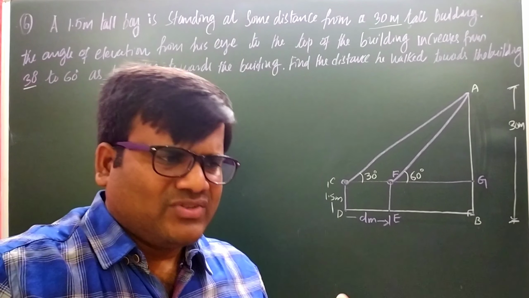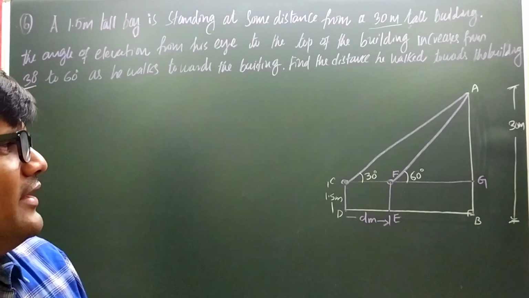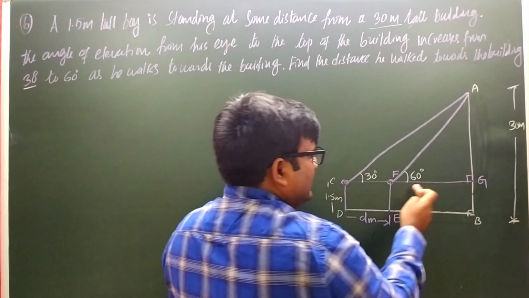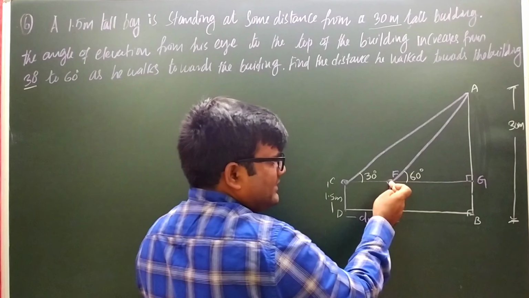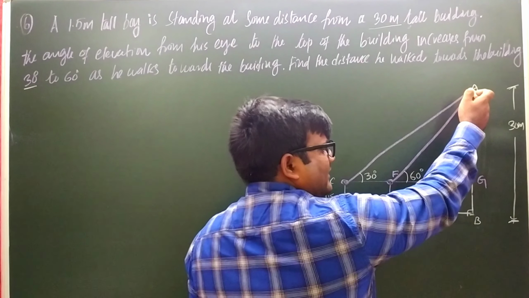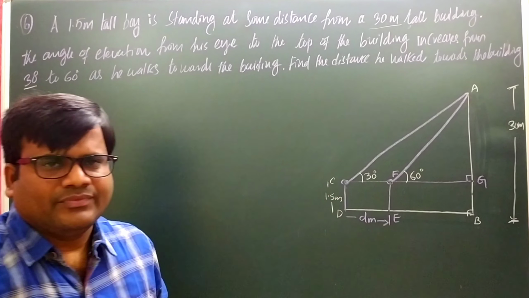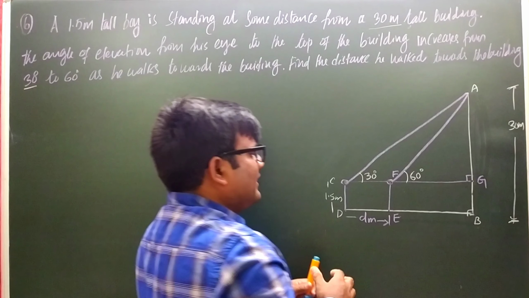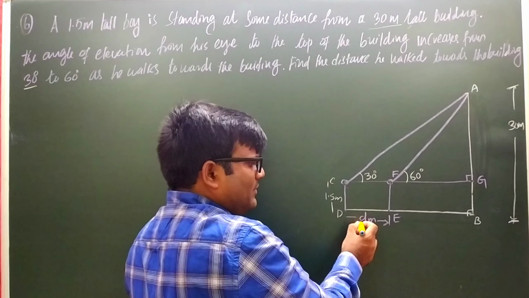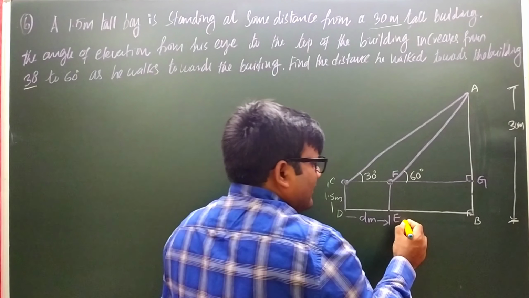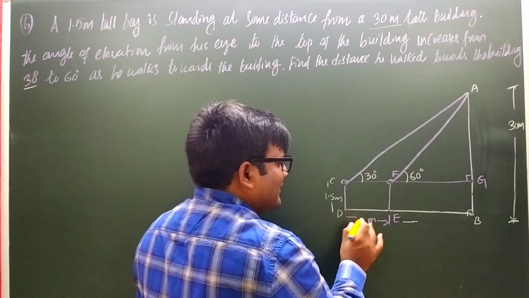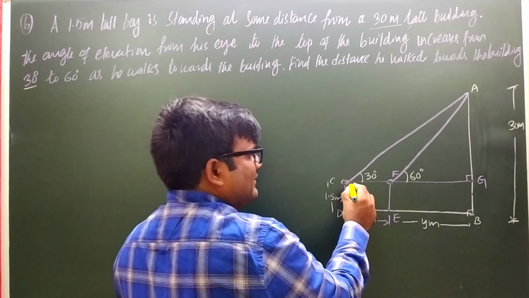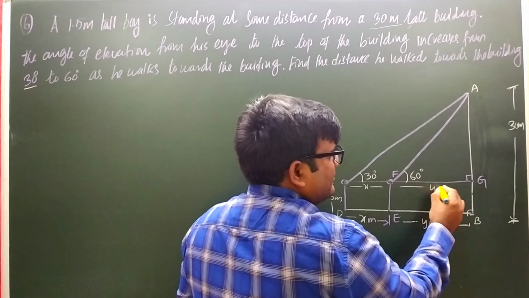So here in question number 6, we can observe two right angles are formed. One is AGF, the first right angle. Next right angle is AGC. So you can see two right triangles. Next, in this one we took D, no? Otherwise you take X and Y. X meters, Y meters. This one is also the same, X meters. This length is Y.